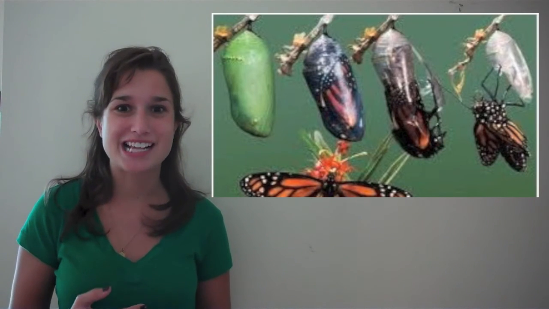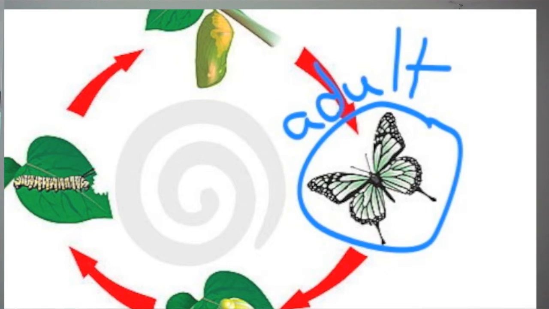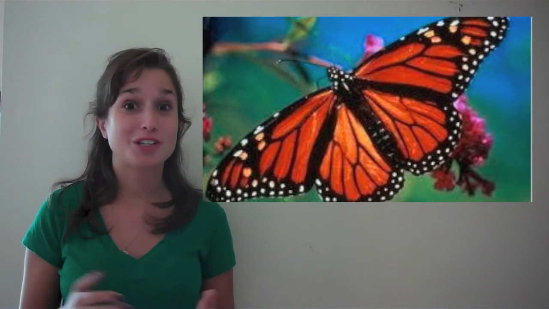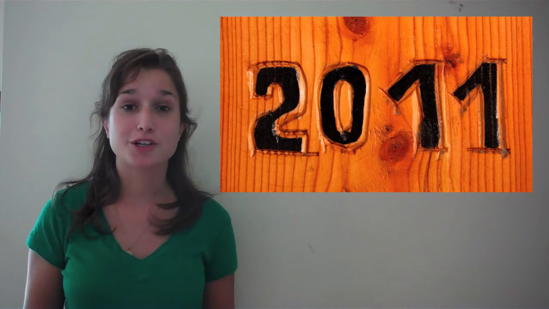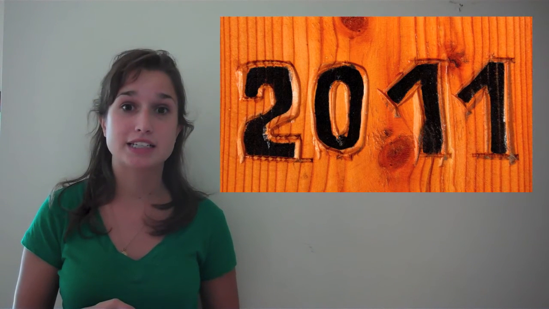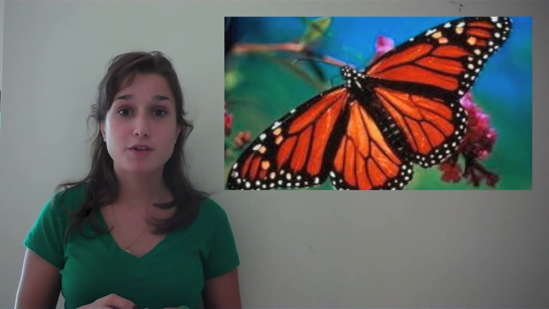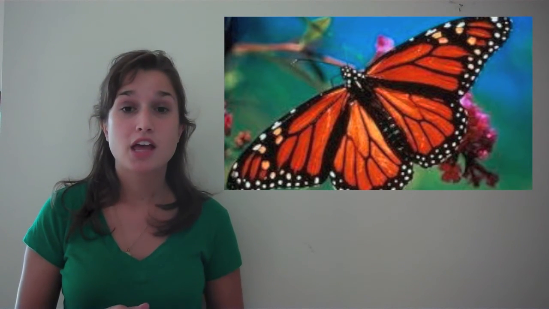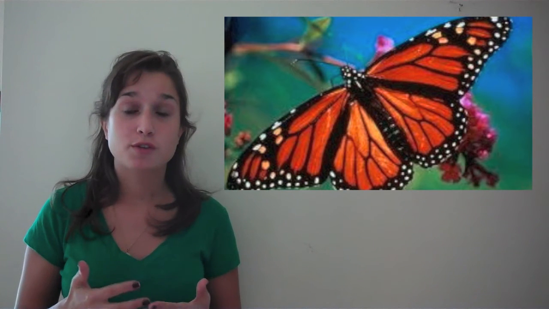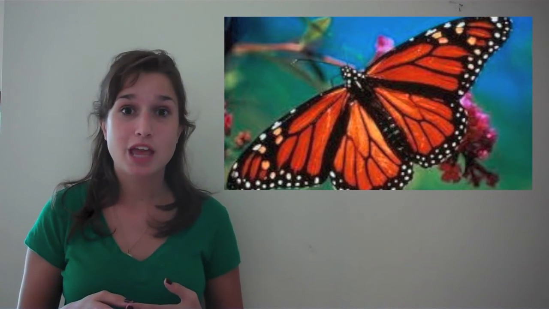And that is our last stage, the adult butterfly. The butterfly has a lifespan, or life, that can last from 1 day to a year, depending on what butterfly it is. When it's a butterfly, they eat different things like pollen from flowers and juice from fruit